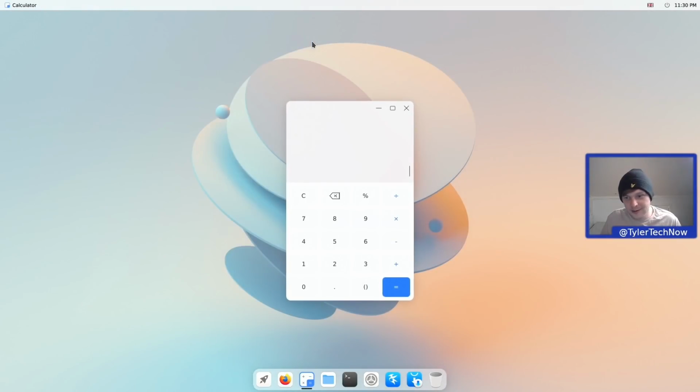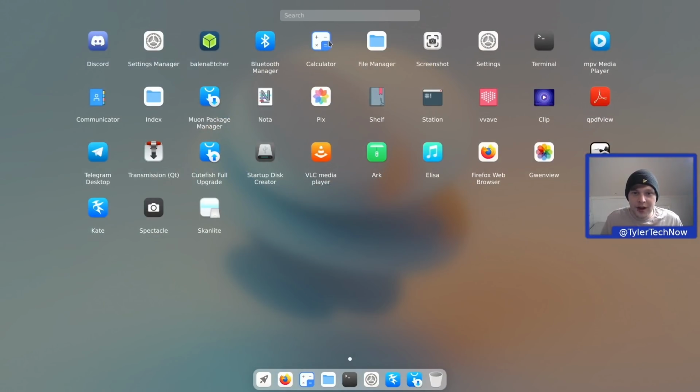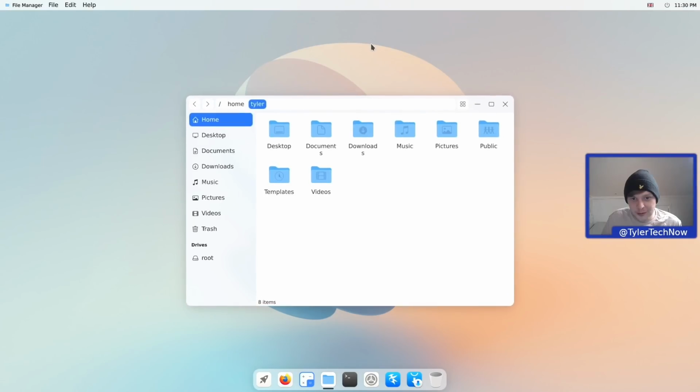We then have the calculator, which is a very simple, sleek, well-designed calculator that fits with the overall aesthetic of the desktop environment. We have no options there for the global menu. Let's keep it moving. We then have our file manager, which we've checked out a little bit, but for those